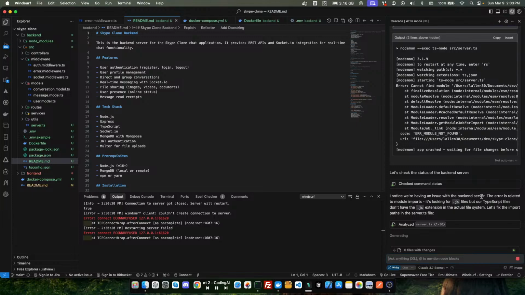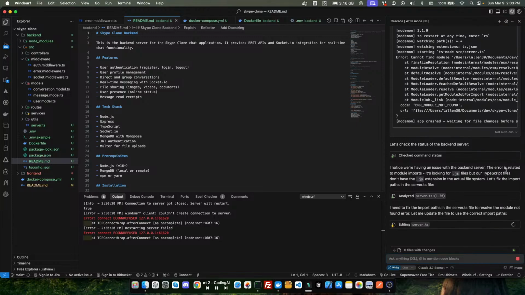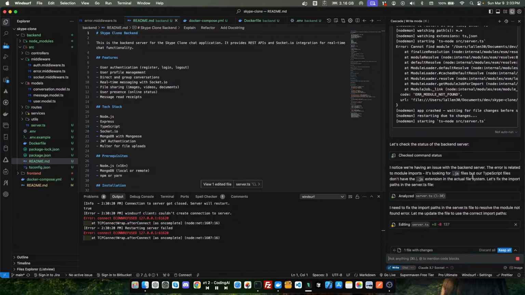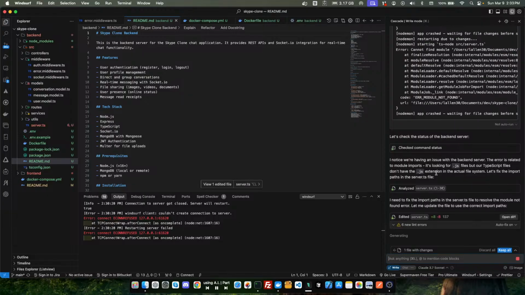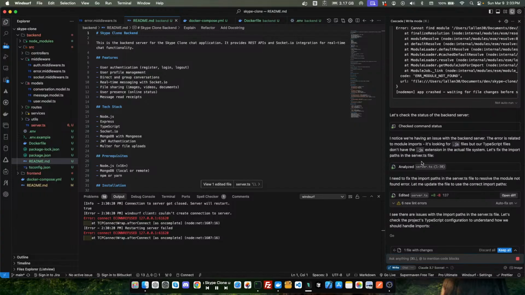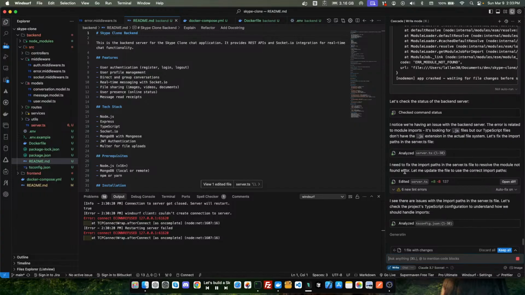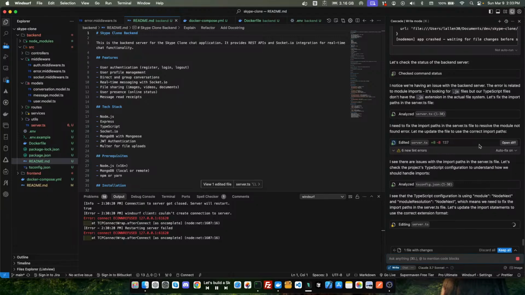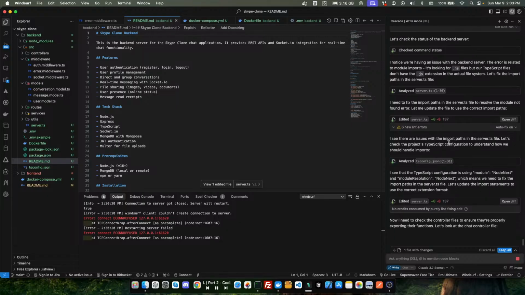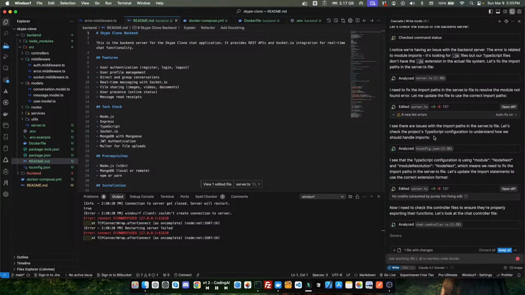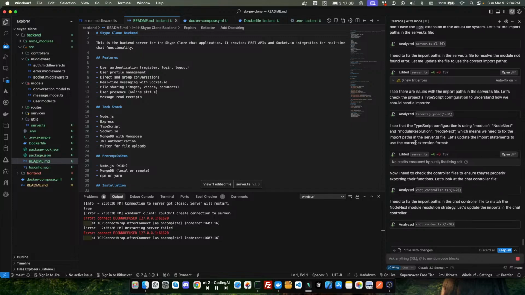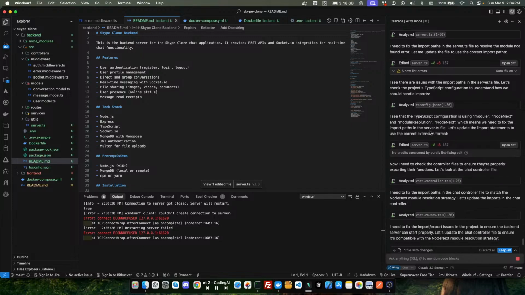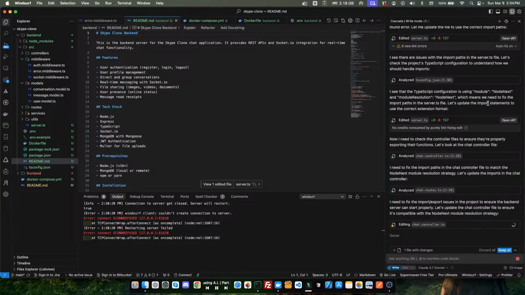Okay, so I notice we're having issues with the backend server. The errors are related to module import. It's looking for JS instead of the TypeScript file. Okay, I need to fix the import. See the issue. So it sees the issue with import paths. Let's check the project's types configuration to understand how imports should be handled. Okay, I see the TypeScript configuration is using